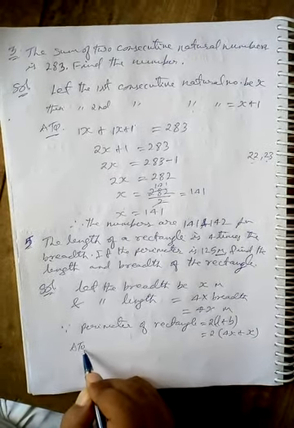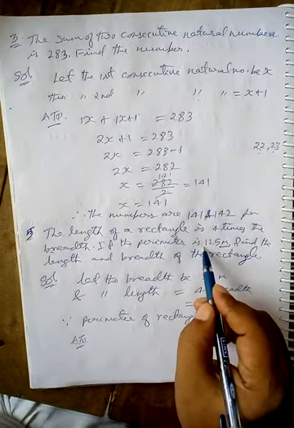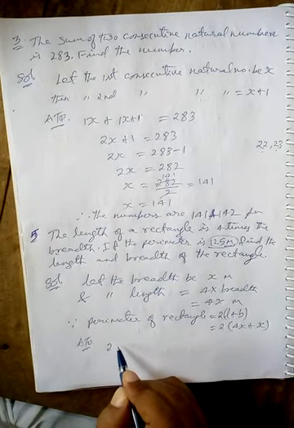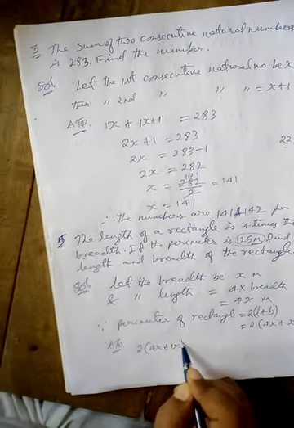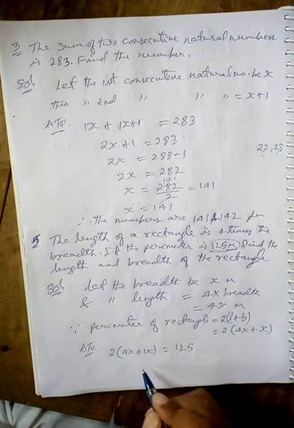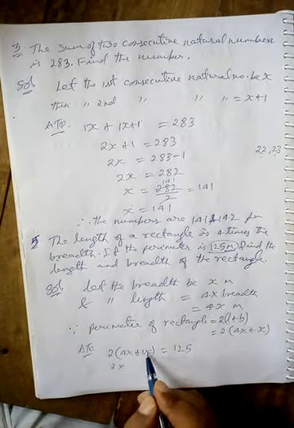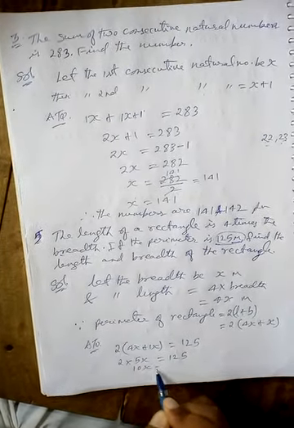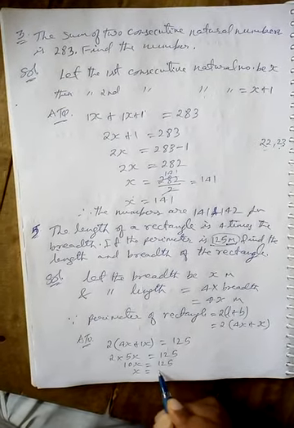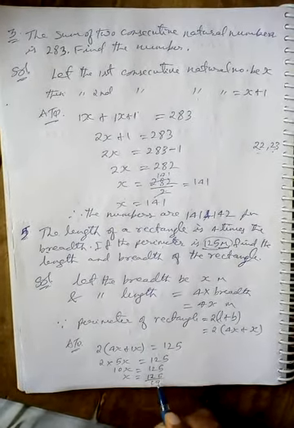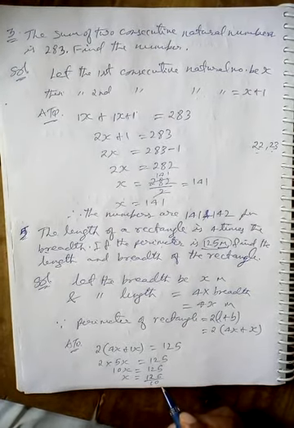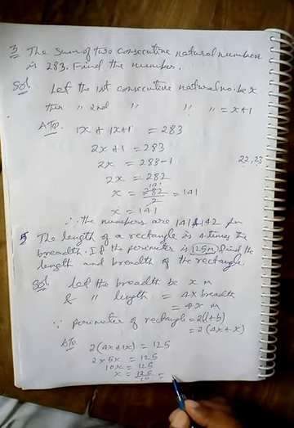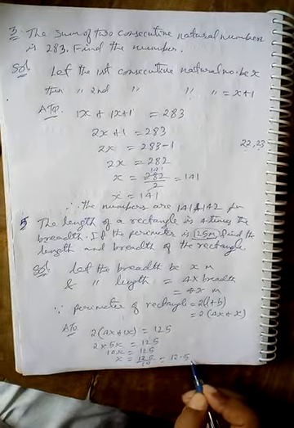Now according to the question, this is also perimeter and this is also perimeter, so both must be equal. 2 into 4x plus 1x is equal to 125. Now 2 into 4x plus 1x is 5x, so 2 into 5x is 10x, equal to 125. x will be equal to 125 divided by 10, because when 10 is transposed to the right hand side, it becomes divided, because it is multiplied on the left hand side. So we got x is equal to 12.5 meter.